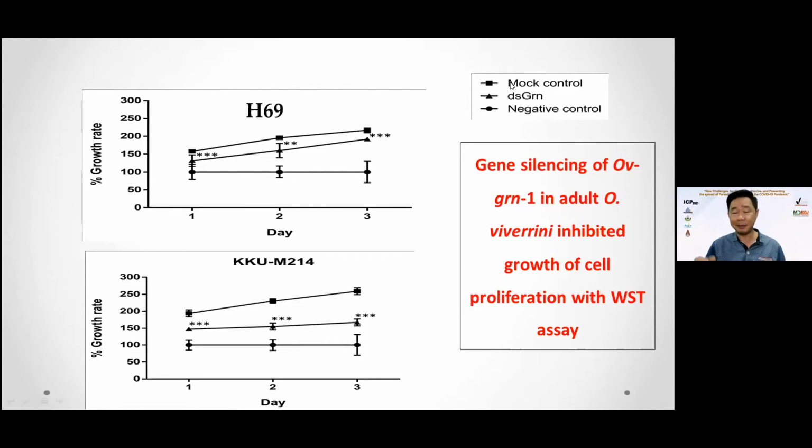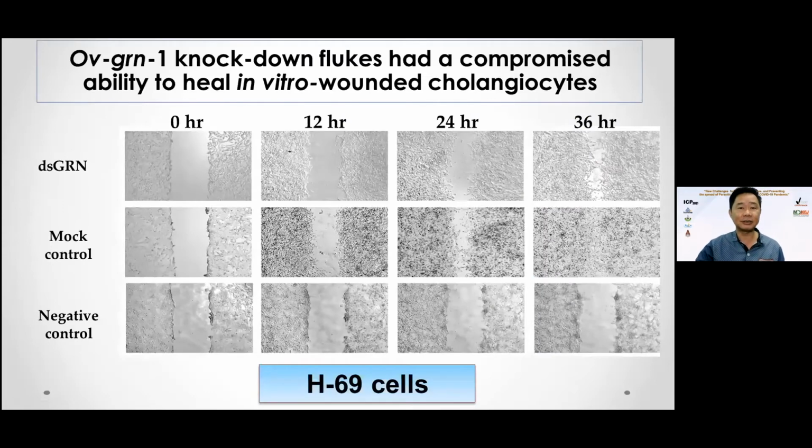Mock control means you electroporate without double-strand RNA. This is the negative control, without anything. So we can prove that knockdown of Granulin 1 can inhibit cell proliferation. At that time, we used the WST assay. And we also used the wound healing assay